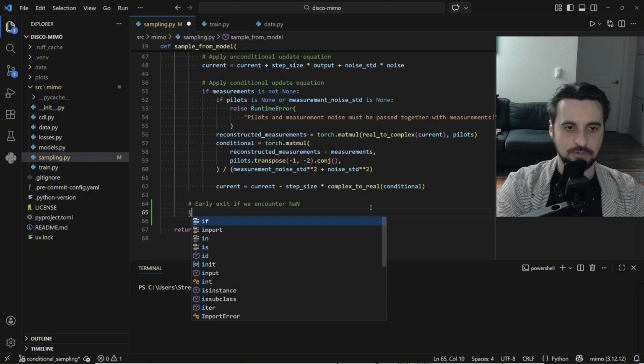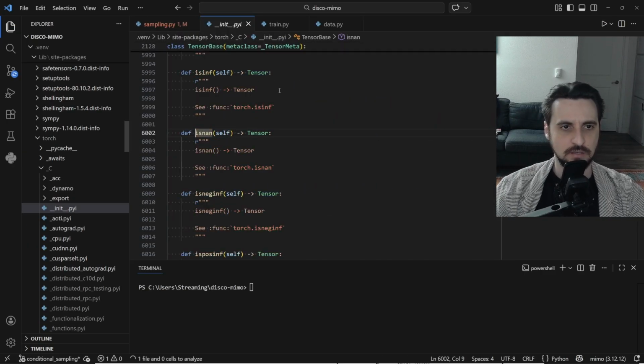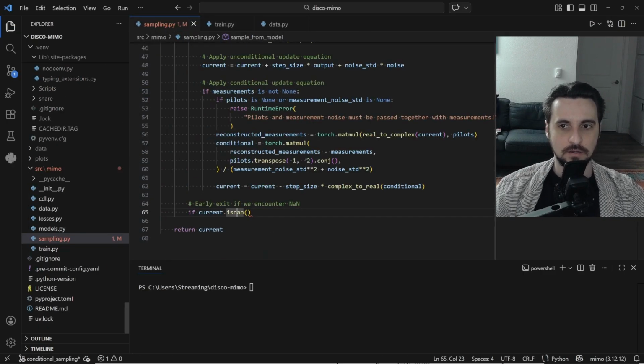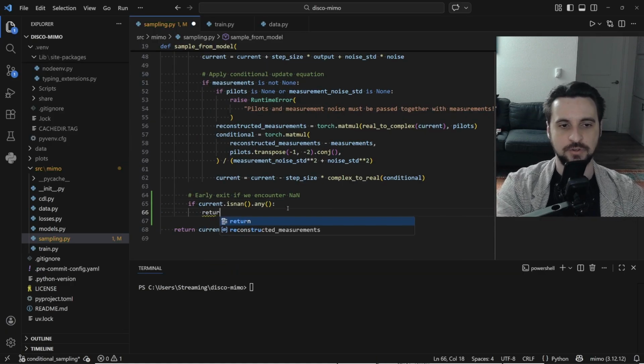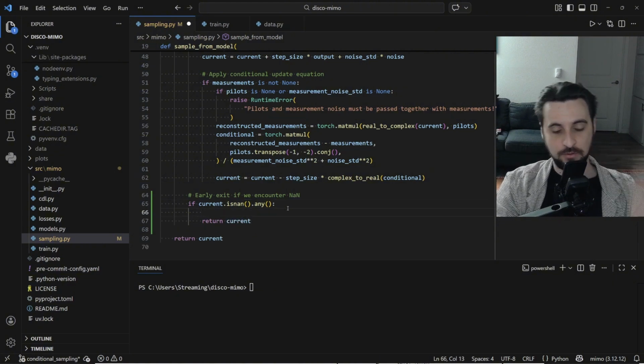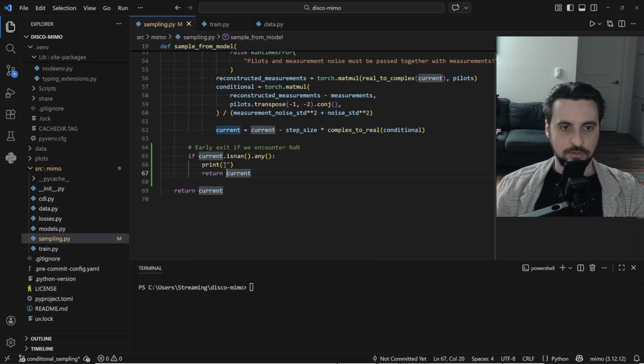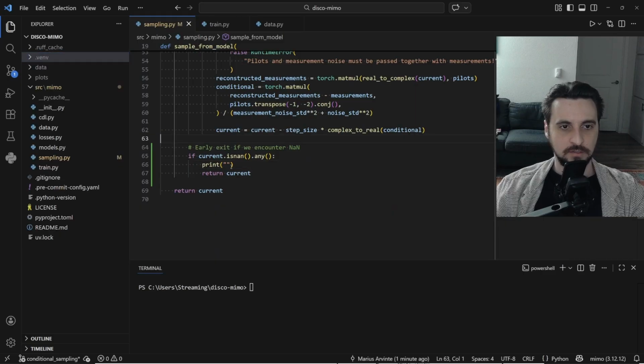Yeah, we shouldn't continue. So I think torch has isnan, so if current dot, really, it has it, right? Yes, it does. isnan dot any. If we see even one NaN, we can just return current. We're going to have to print a warning though, which reminds me, we also have to use proper logging, which we don't do, because we want to log this at warning level. Warning, sampling exited early